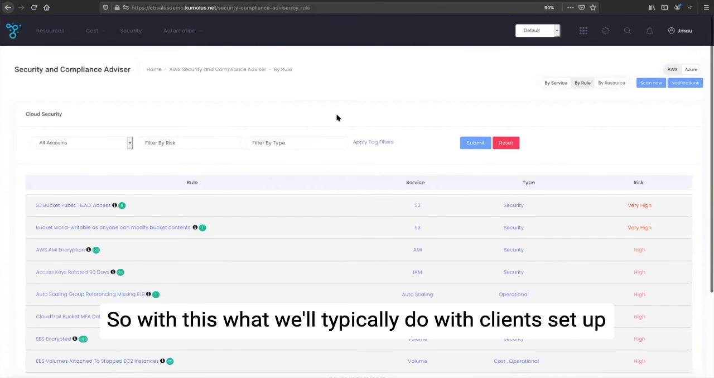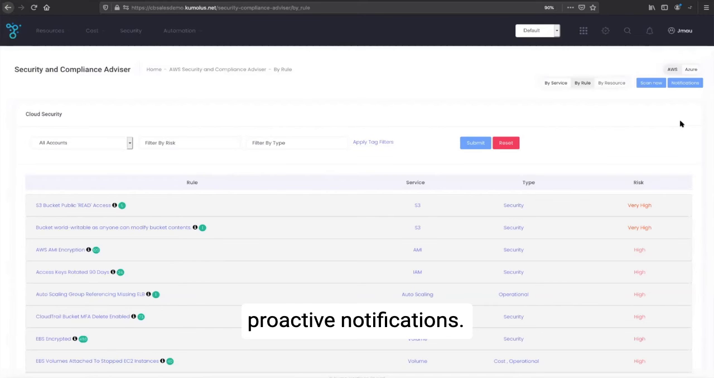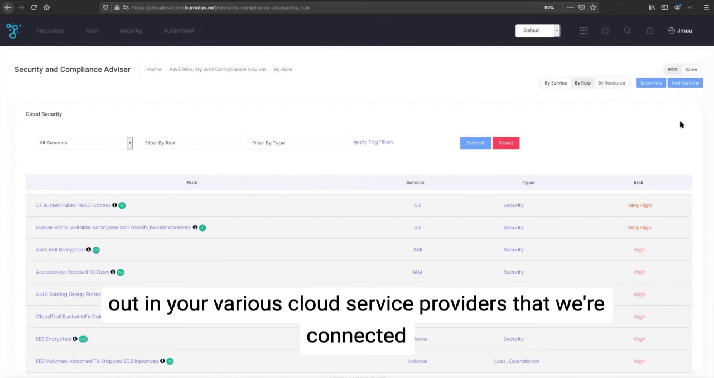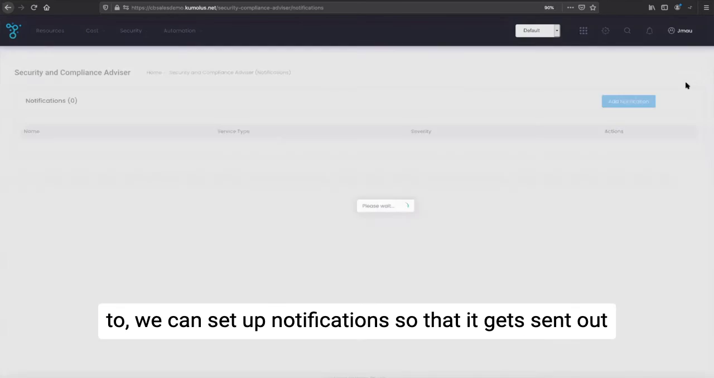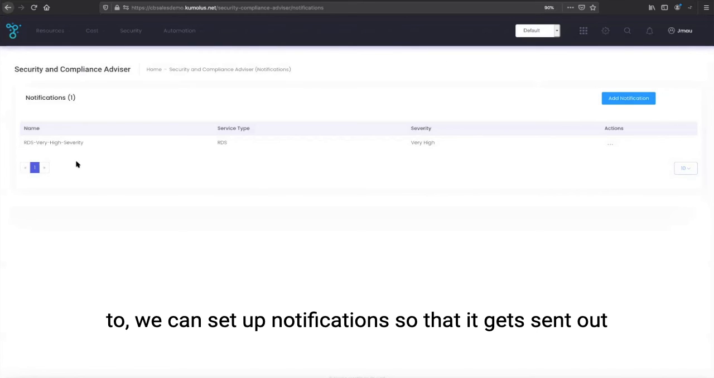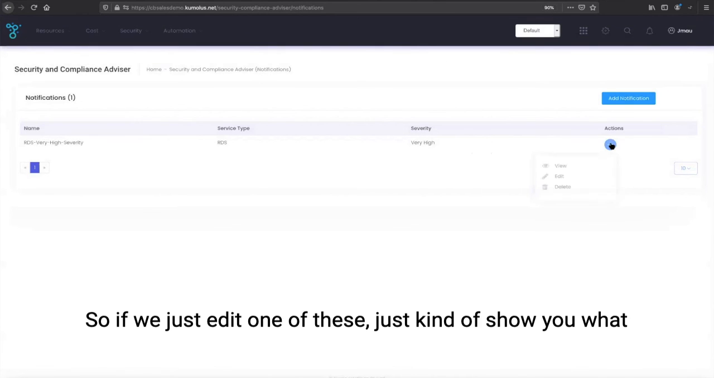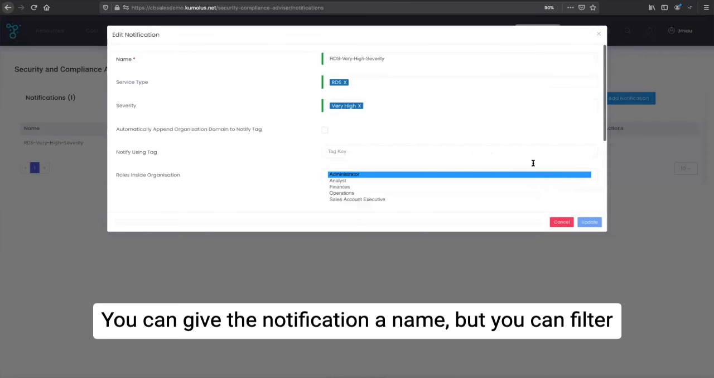So with this, what we'll typically do with clients is set up proactive notifications. When we see any of these security gaps fall into the platform out in your various cloud service providers that we're connected to, we can set up notifications so that it gets sent out to a team or a user. So if we just edit one of these, just to show you what this looks like,